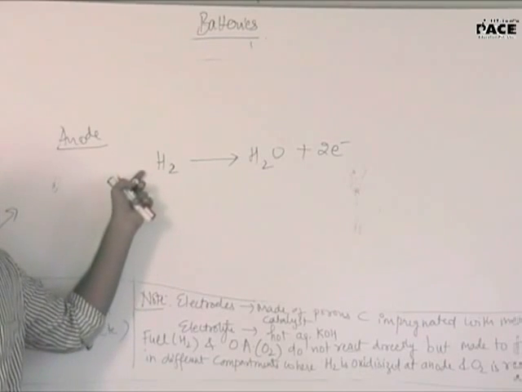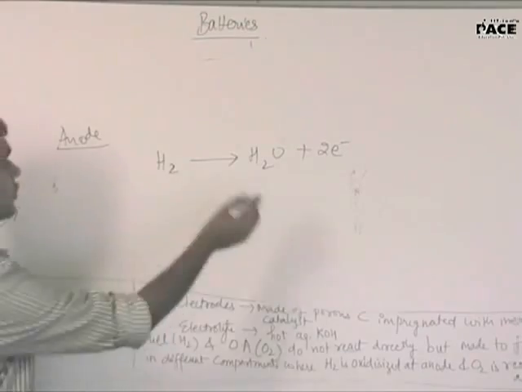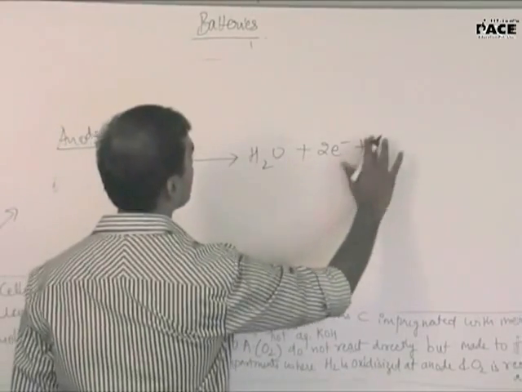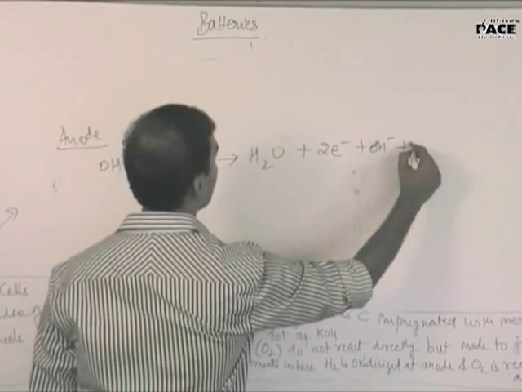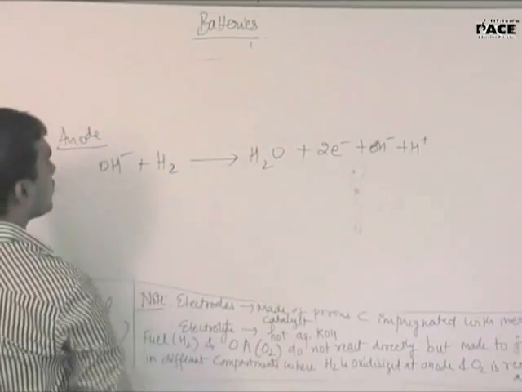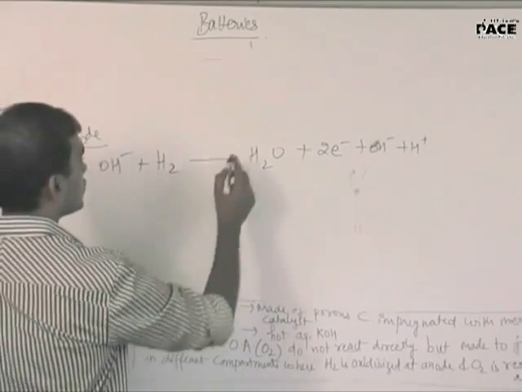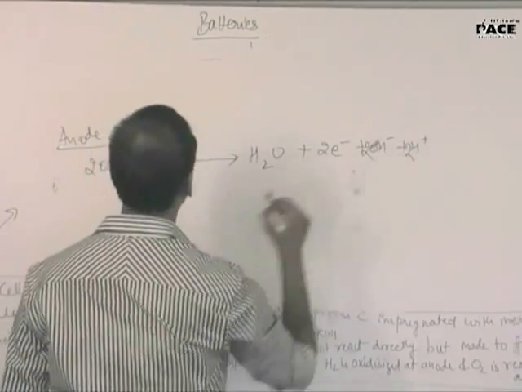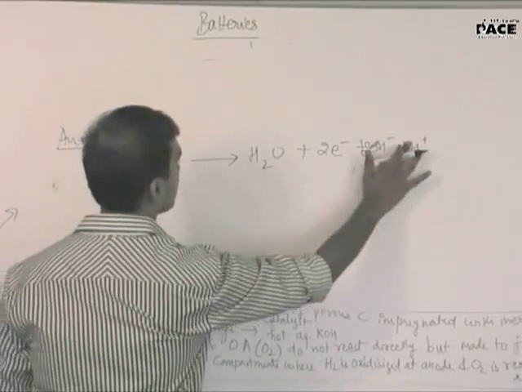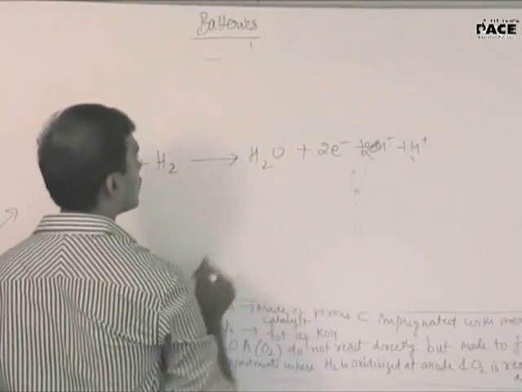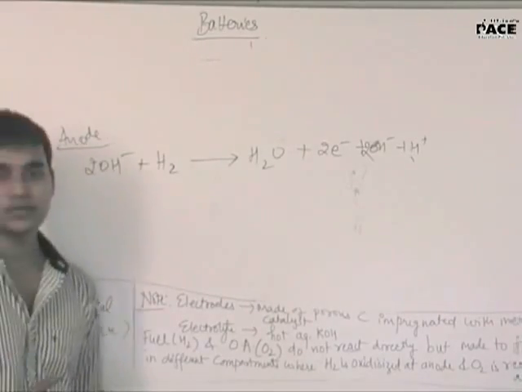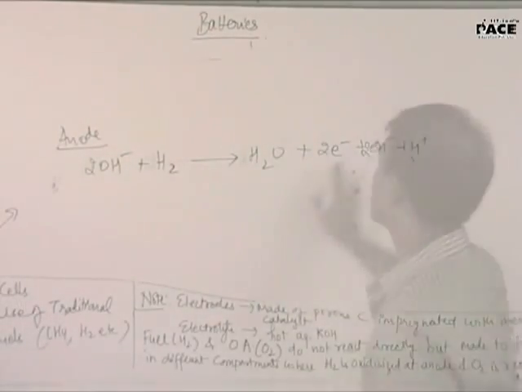By addition of OH minus on both sides and then addition of H plus, right? So if I say plus OH minus, plus H plus, OH minus. 2OH minus on the left. Now we can make that H2. Not 2 on the other side, only 1. In this case it will be 2H2. Is it balanced? Just check it once.